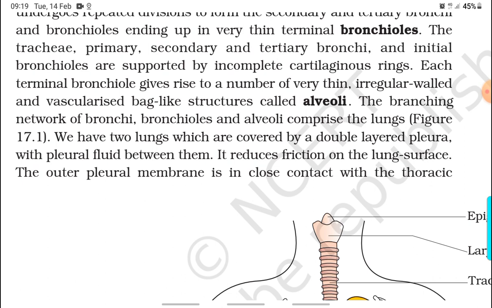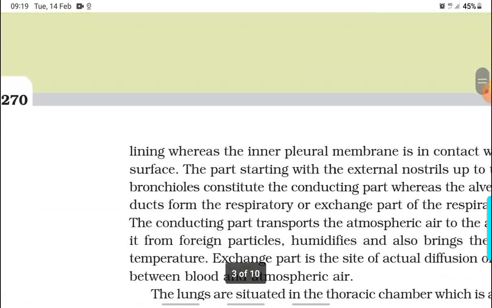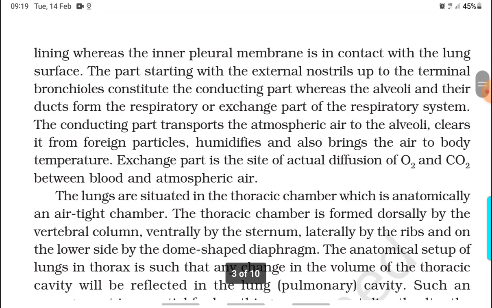Figure 17.1. We have two lungs which are covered by a double-layered pleura with the pleural fluid between them. It reduces friction on the lung surface. The outer pleural membrane is in close contact with the thoracic lining, whereas the inner pleural membrane is in contact with the lung surface. The part starting with the external nostrils up to the terminal bronchioles constitutes the conducting part,